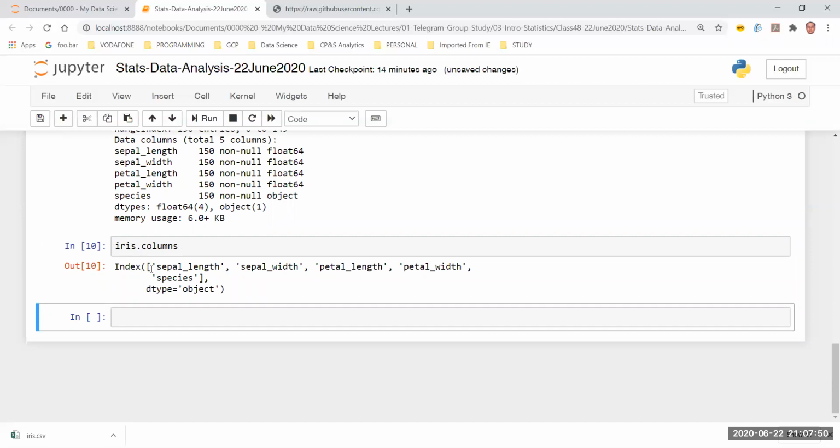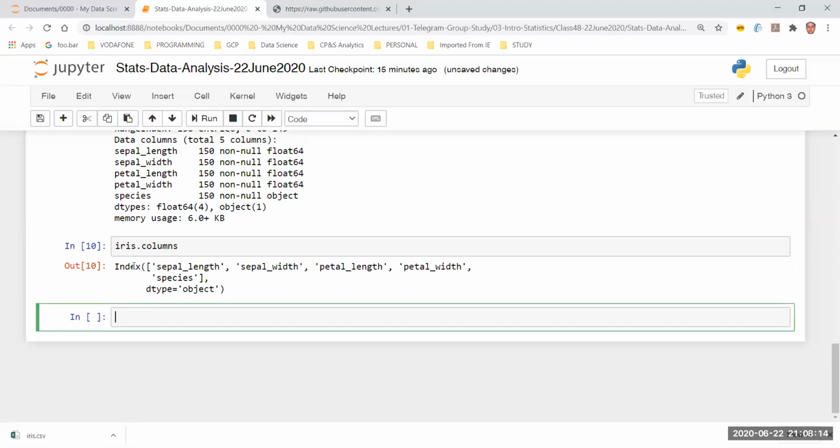The reason I have clearly told you this is because using these indexes, we are going to select the data out of the data frame. We have already seen this earlier. Inside a data frame, I can give column names to select specific data. Also, we may want to do some further analysis using looping functions, which we are going to do using the indexes or using a for loop throughout the indexes.